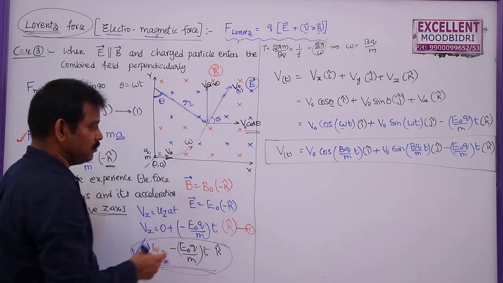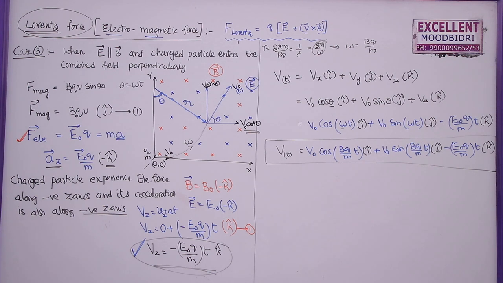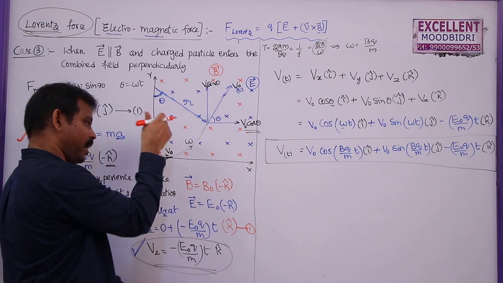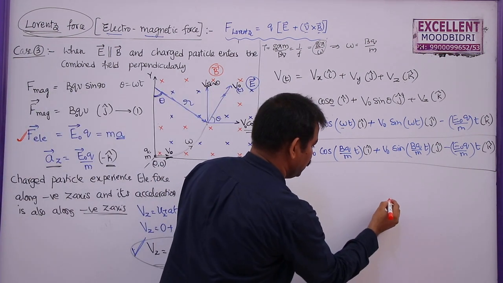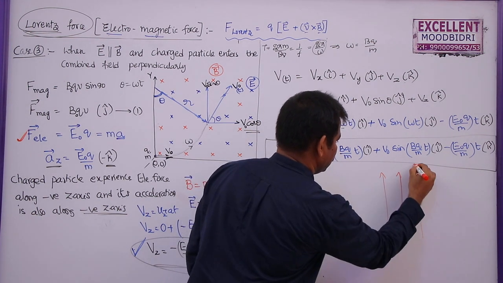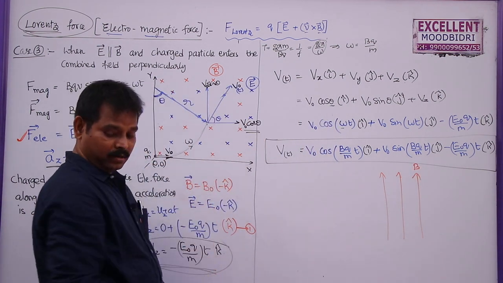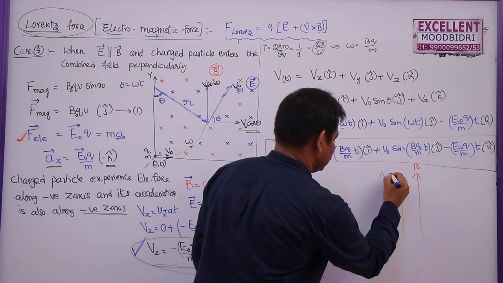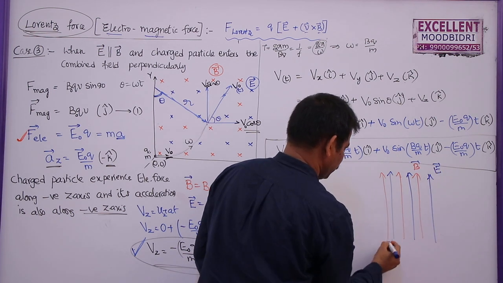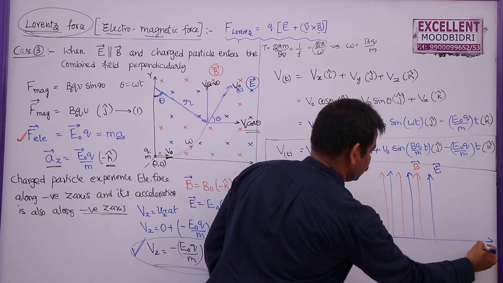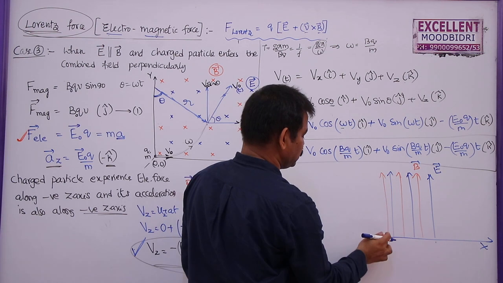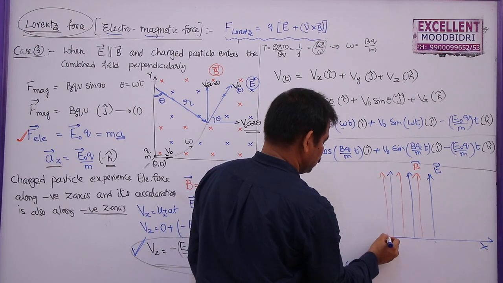Now the same diagram, suppose if you draw, if you consider this magnetic field, it is already acting along negative z axis. So here I am going to take the negative z axis like this. This is the negative z axis. So this is the magnetic field, and the electric field is also acting in the same direction. So let us say this is the electric field here in this direction, E bar, this is B bar. Now a charged particle enters into this one. This is x axis, this is y axis. Generally this is a positive z axis, but I am taking this as negative z axis.